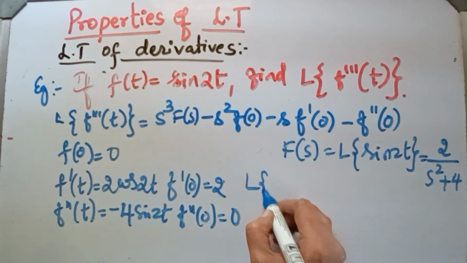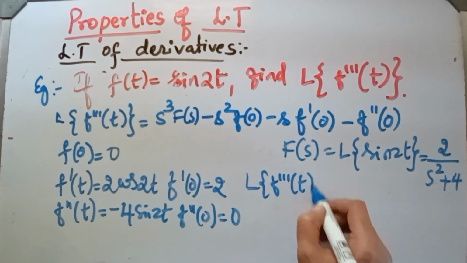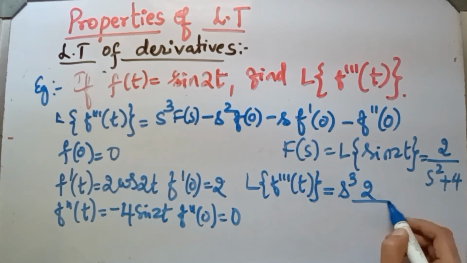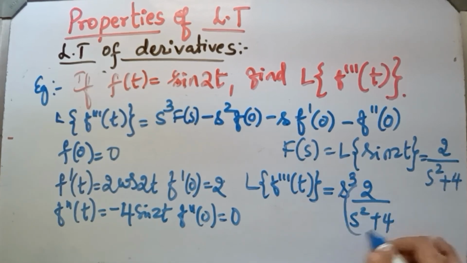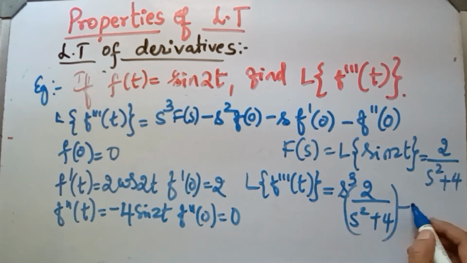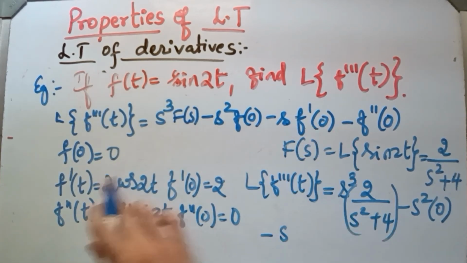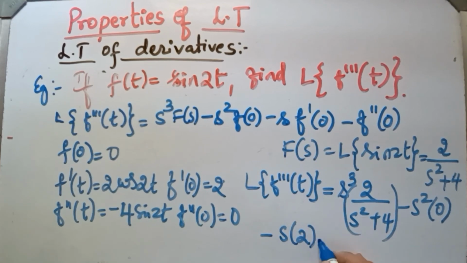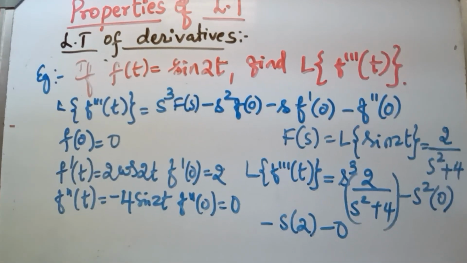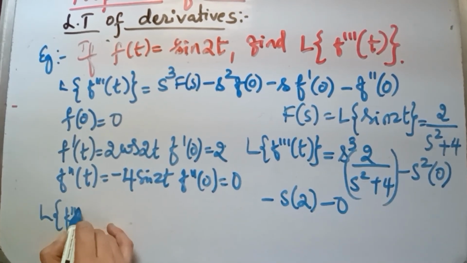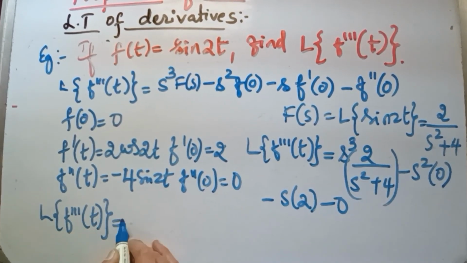So the Laplace transform of f‴(t) is equal to s³ into 2 by (s² + 4), that is s³ F(s), minus s² into f(0), which is 0, minus s into f′(0), which is 2, minus f″(0), again 0. After simplifying, you will get the final answer as the Laplace transform of f‴(t) equal to